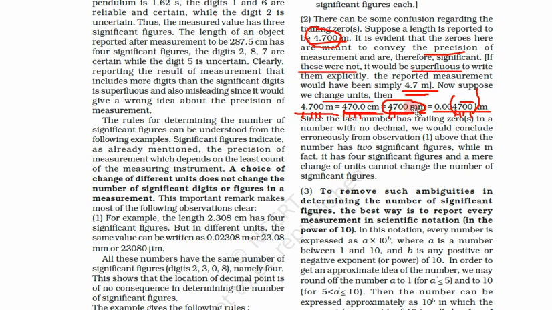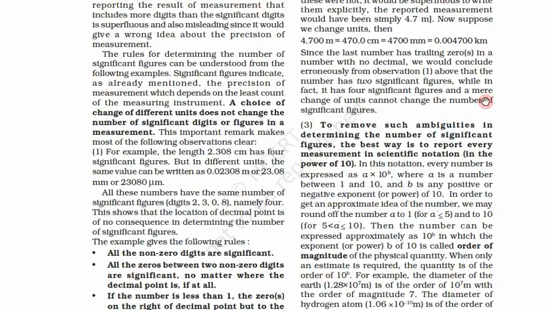Ideally there should be no difference in the number of significant digits by change of units. So the number of significant digits in all these numbers or units is 4. All 4 are significant digits. Sometimes we make an error with this type of number, where there is no decimal and in the end there are trailing zeros. We can get false information that there are two significant digits, but generally in an exam you won't get this type of number. You get this type of number or this type of number, because this is an error case. Anybody can make an error in this case.